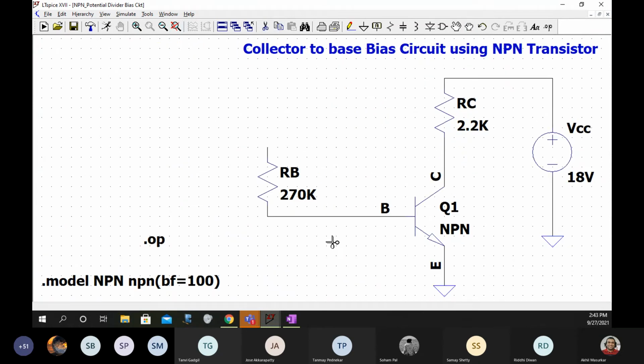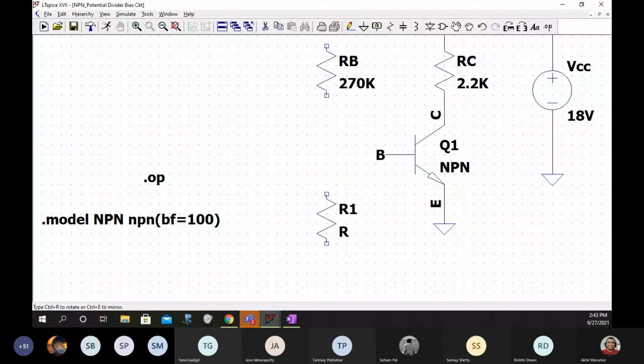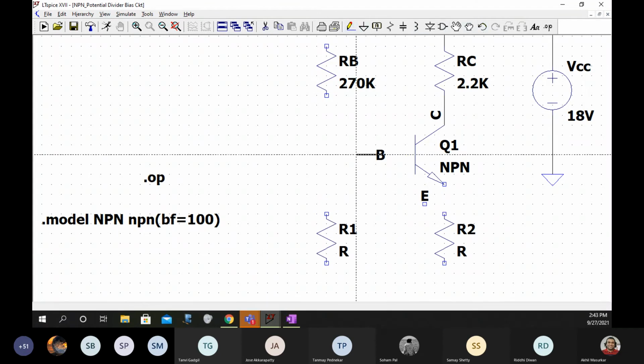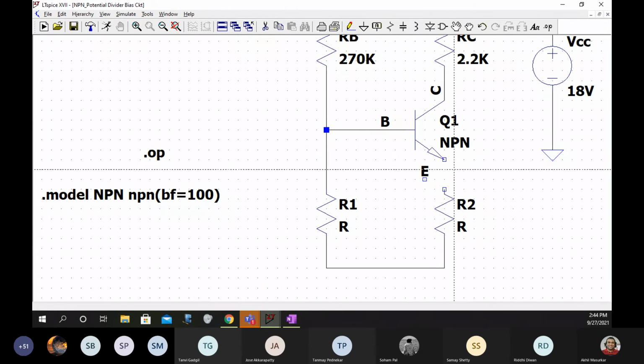Some repositionings have to happen. So let's have the PD bias.